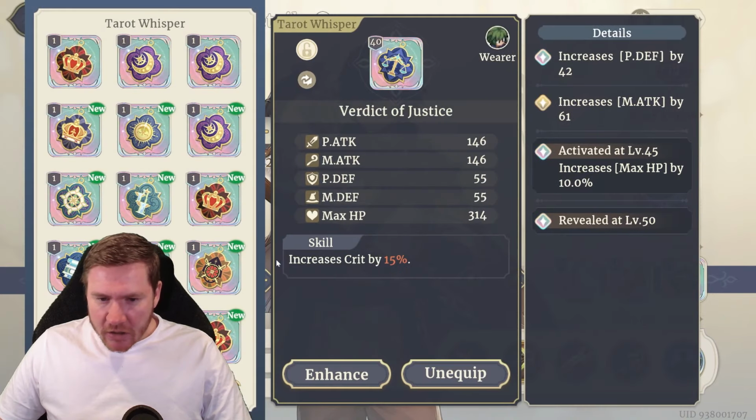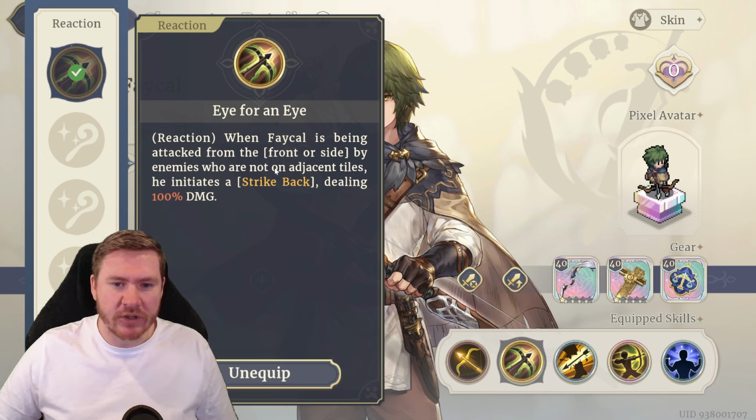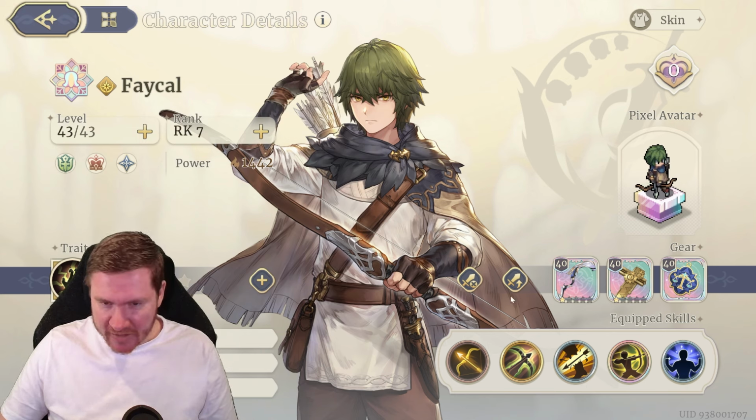For Feical, we also have the crit card. We have Eye for an Eye. When Feical is being attacked from the front or side by enemies who are not on adjacent tiles, initiates a strike back. Super helpful, right? Chip away damage at the boss. And